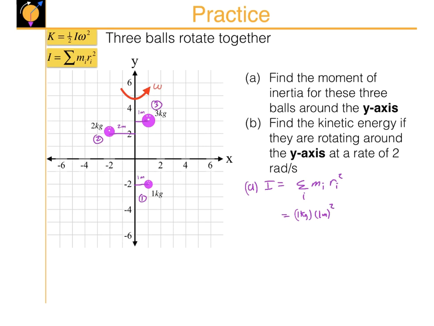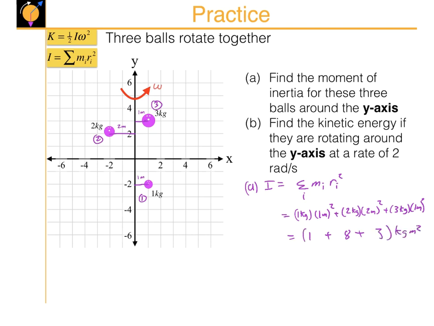We'll put in sig figs at the end. The second mass is 2 kilograms, and it's a distance of 2 meters away. The third mass is 3 kilograms, and it's only 1 meter away. So when I calculate all that, I end up with, let's see, 1 plus 8 plus the third one gives me 3